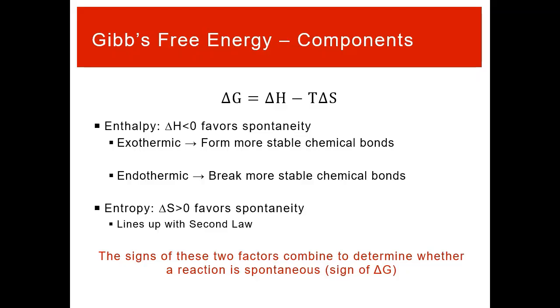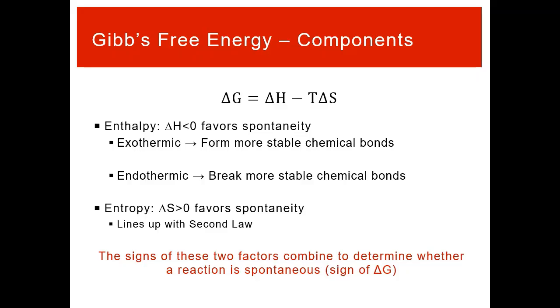In the context of a chemical reaction, that means your products have more stable chemical bonds. So really, enthalpy is looking at chemical bonds and how strong they are. In an exothermic reaction, your product has stronger chemical bonds, and in an endothermic reaction, the reactants have stronger chemical bonds, so you're breaking those bonds. A process that's exothermic favors spontaneity, but we know that's not the whole story because entropy